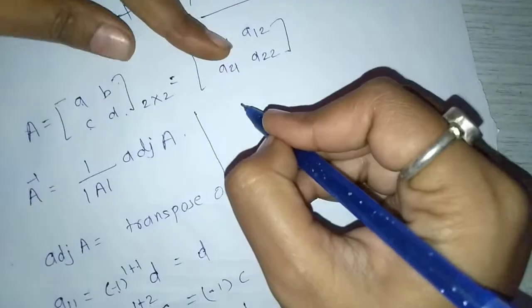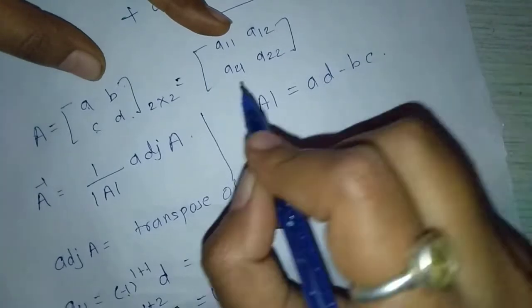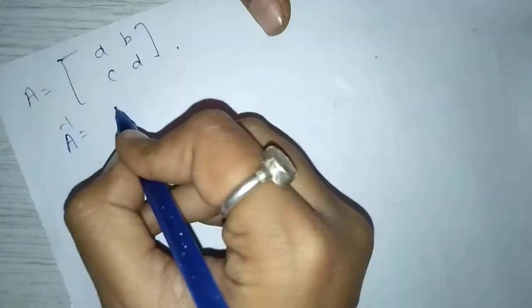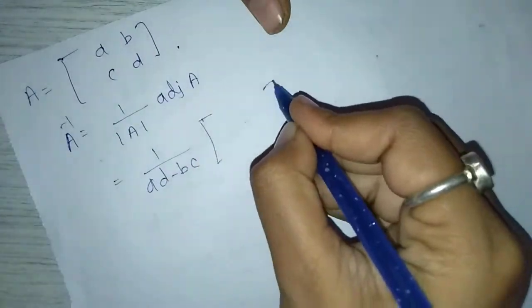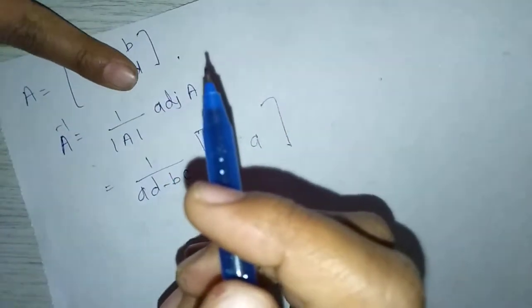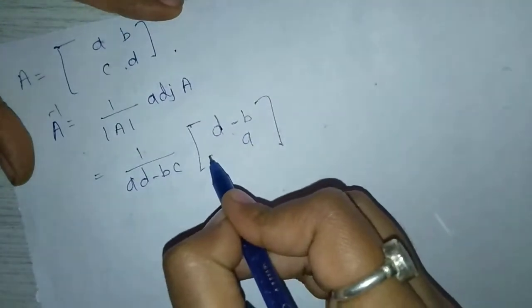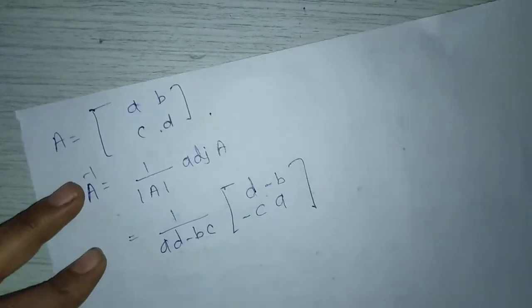And the determinant of A equals cross multiplication, A into D minus B into C. So the formula for a 2 by 2 matrix is, if A equals [A B; C D], then A inverse equals 1 upon the determinant of A into the adjoint of A. The determinant of A is A into D minus B into C, and for the adjoint of A, interchange these two entries, we get D and A, and give the remaining elements a minus sign, minus B, minus C. Interchange these two entries and give these entries a minus sign.